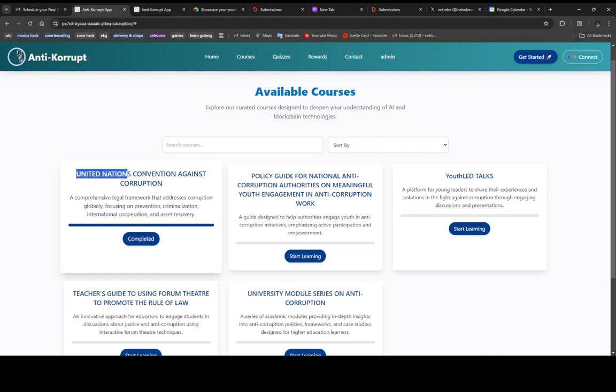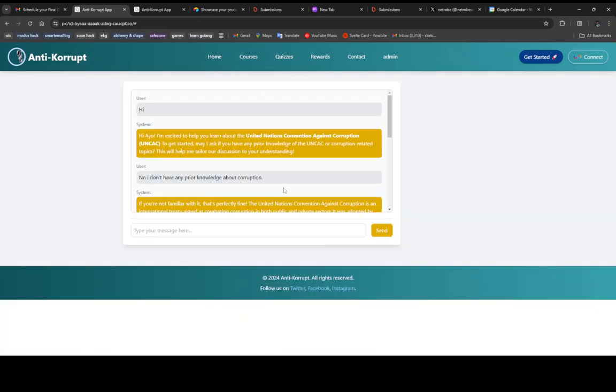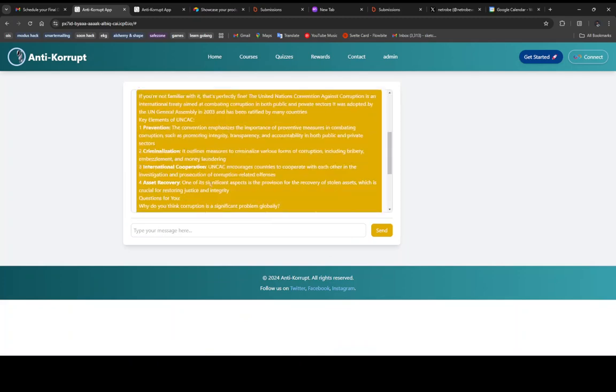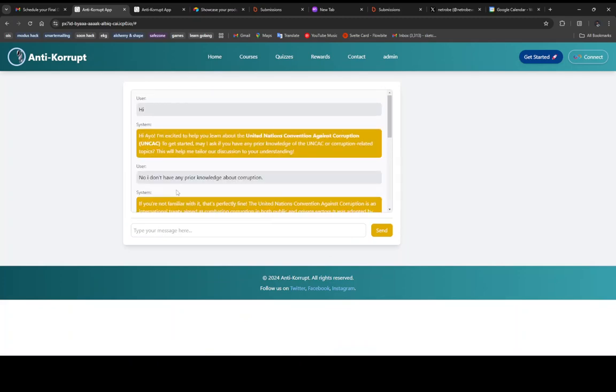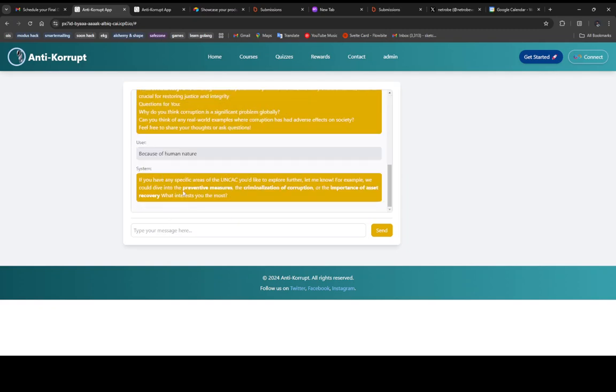For example, I've completed this particular course already, and I can't take it again because I've completed it already. But I can still chat with the bot anyway, and keep on doing what I want to do with it. For example, let's send a message to this bot right here. I said, let me say, the criminalization of corruption interests me. So as I send this message now,